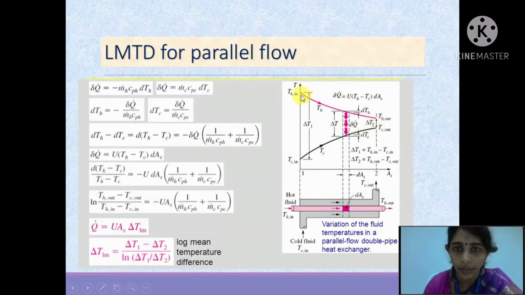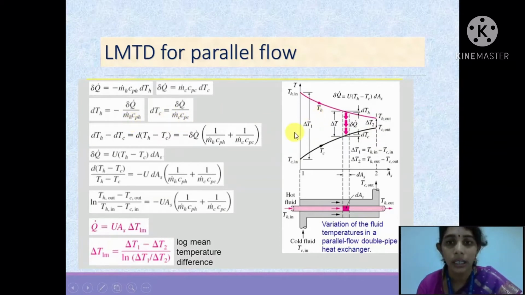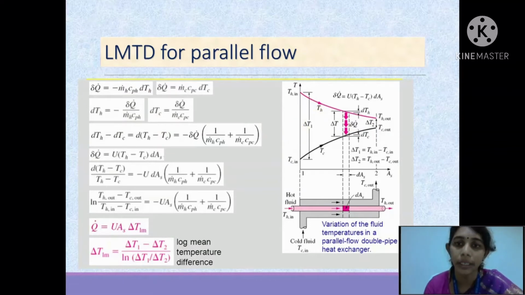Now we know both the temperatures at inlet as well as the outlet. We know the mass flow rates, that is m_H dot and m_C dot are the mass flow rates for hot fluid and cold fluid. So mass flow rates are given, temperature conditions are also given. We just have to specify the appropriate type of heat exchanger. Since the temperature difference is logarithmic in nature, we are going to find the log mean temperature difference for this case. If it is for a parallel flow, we will draw the circuit for a parallel flow and find it out. If it is for a counter flow, then the same way we will have to proceed. Now I have taken the parallel flow as a first case.